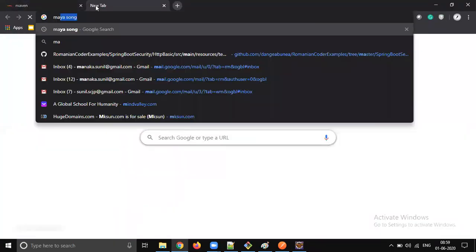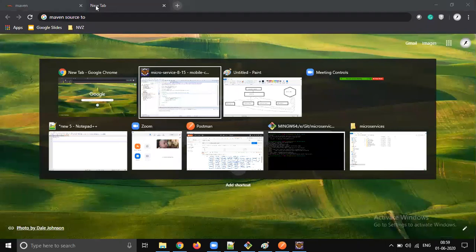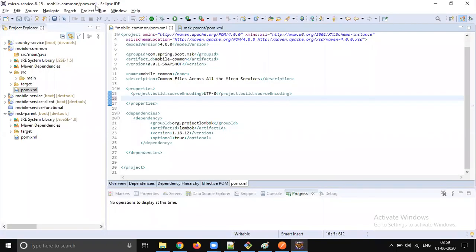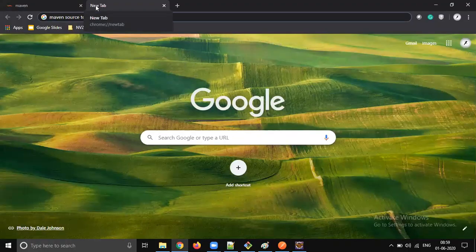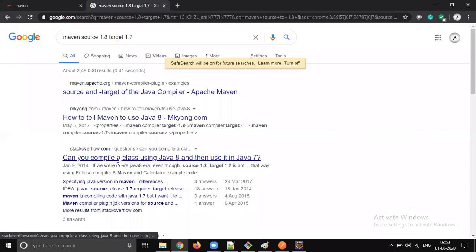Then in parent itself, we can add common or parent. Common, there is no relationship with parent. Yeah, sorry. We need to send common, we can add that. So Maven source to 1.8. Compiler plugin we need to add. That's fine. We will just add it.